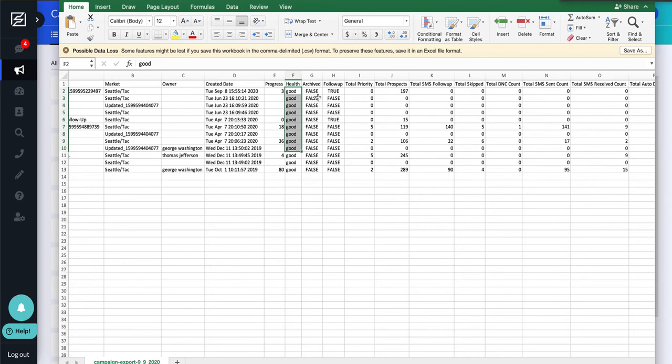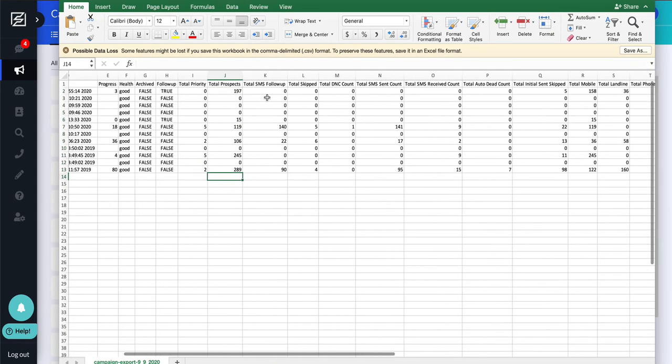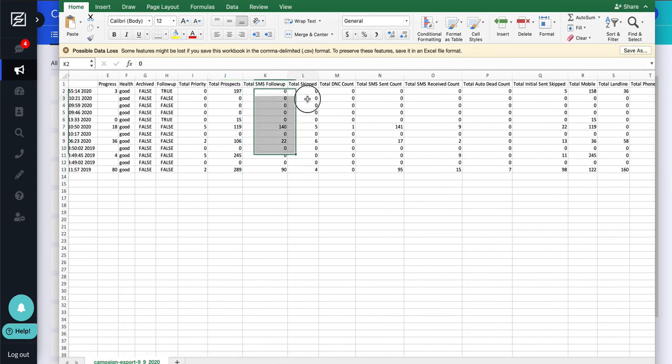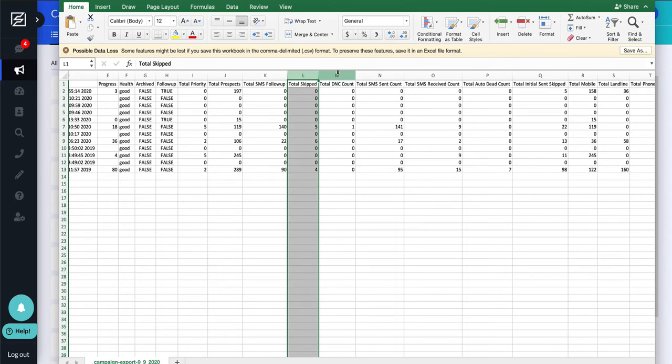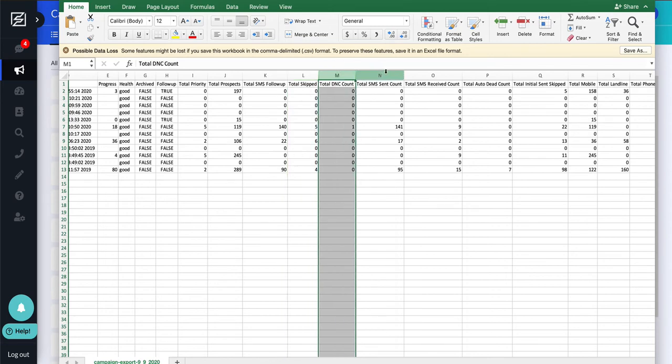Our overall campaign health, whether or not it's archived, if it has a follow-up prospect in that campaign, it will say true here, false if there's no follow-up prospect in that campaign. How many priorities we have in that campaign, how many priority prospects we have, the total amount of prospects in each campaign, how many we've marked as follow-up,